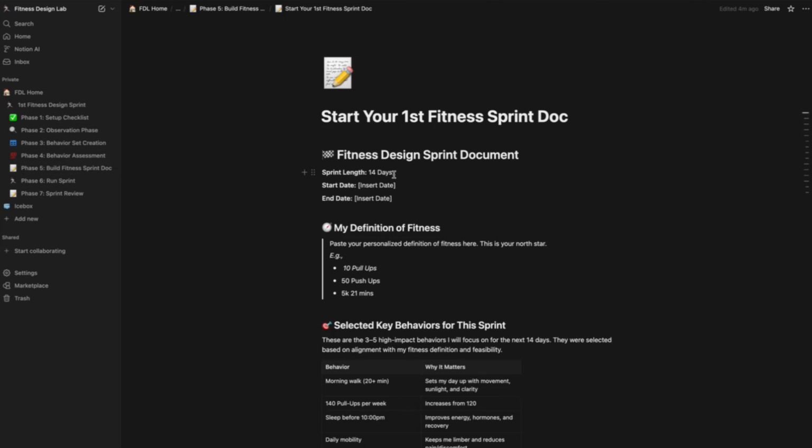So I highly recommend keeping this to a 14-day sprint. Max is your first fitness design sprint. And the reason for this is it's short enough where you can manage it. This is going to be a little clumsy for you on your first one. And at 14 days, what you want to do when you first start your fitness design sprints is you want